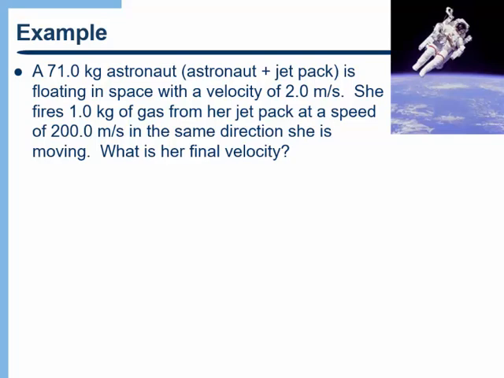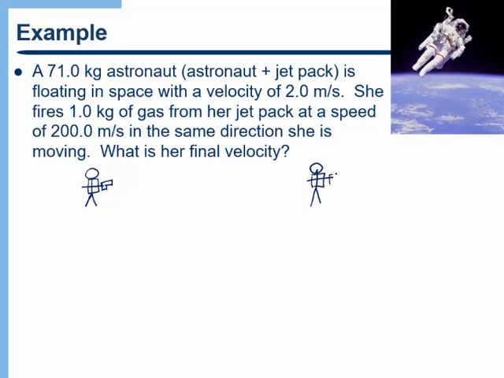Well, first of all, if she's shooting her jetpack in the same direction she's moving, she's clearly trying to slow down. Maybe she's even trying to reverse her direction. So let's figure out how successful she is at that. Let's draw the before picture. So here's my astronaut. She's got her jetpack on, and she's got a gun to control what direction the jet goes. And then afterwards,